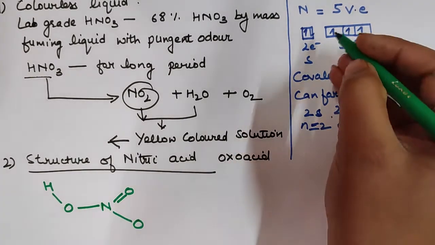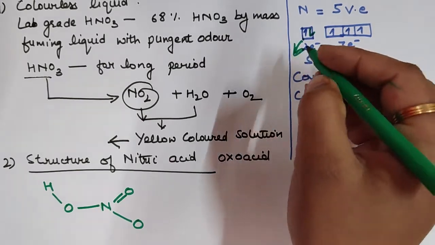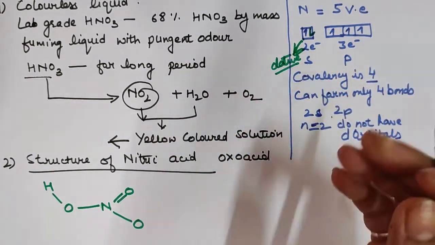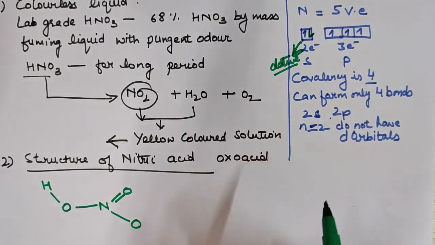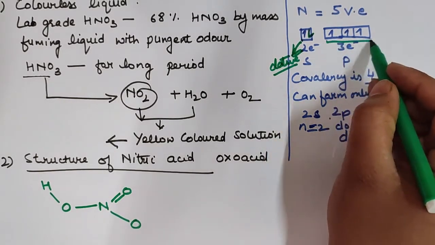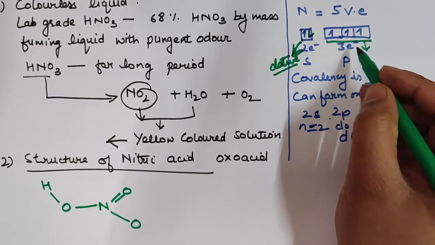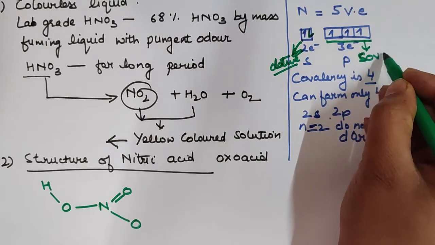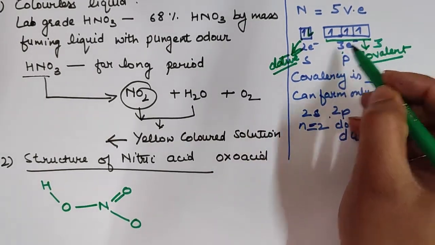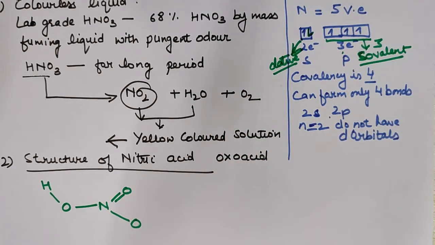So one bond can be like this one. Because a lone pair of electrons is there, it can donate its electrons and form a dative bond. We also call it a coordinate bond, when one of the elements is donating both electrons to another element or atom. And then there are 3 unpaired electrons, so here sharing of electrons can take place, resulting in formation of covalent bonds. So 3 covalent bonds and 1 dative bond can be there. So a total of 4 bonds can form when nitrogen is there.